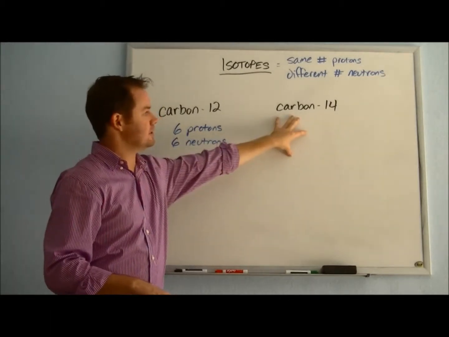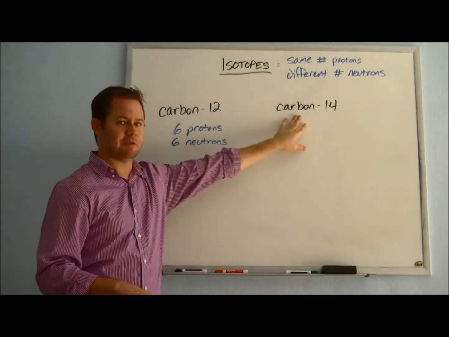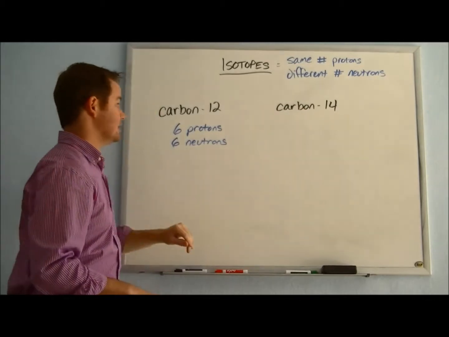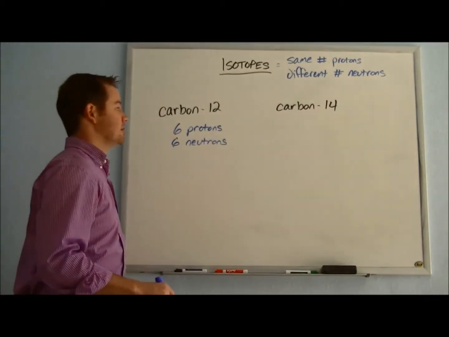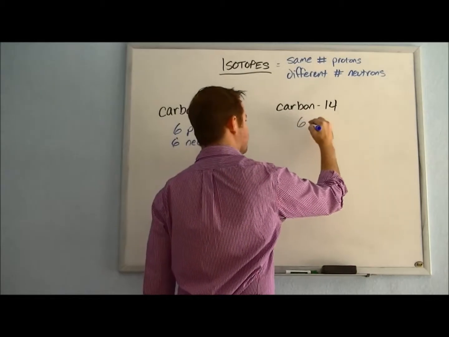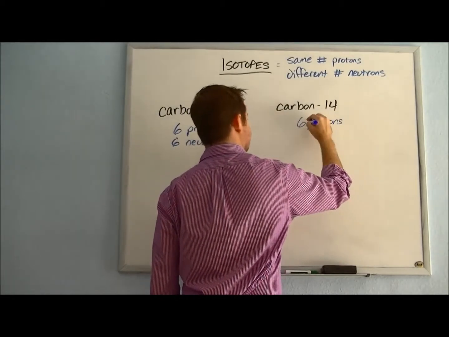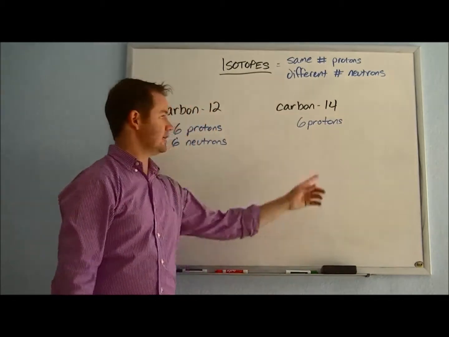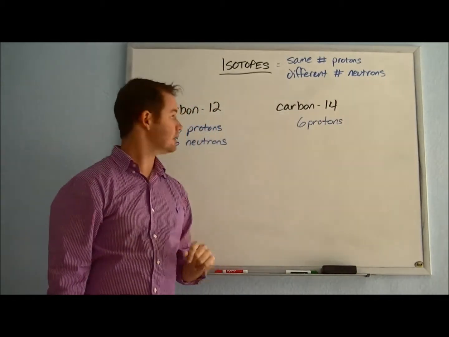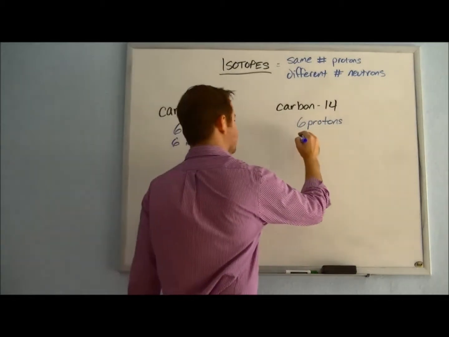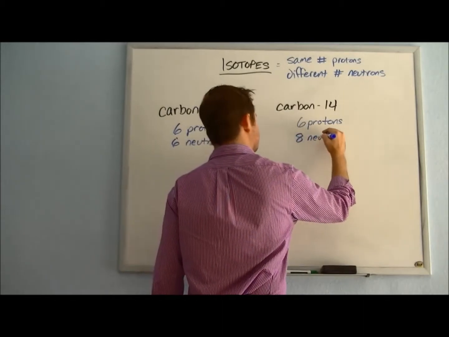So for carbon-14, it's still carbon. And if it's still carbon, that means it still has to have that same atomic number of 6. So we're also going to have 6 protons in the nucleus here. However, to have a mass number of 14, that means that you're going to need 8 neutrons